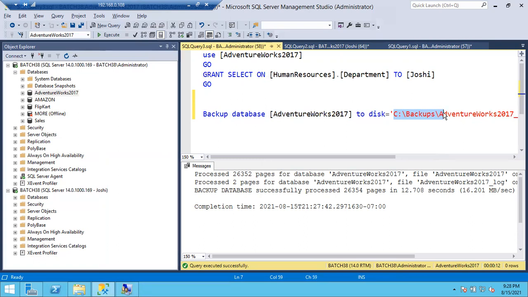Okay, so I have a question for all of you. Let me know the answer next weekend, Friday. This is a very small database, almost 500 MB, so that's why it took just a minute to complete the backup. Imagine I have a big database, 2 terabytes, or imagine I have 1 terabyte of database. To complete a 1 TB database backup, it will take 1 hour.